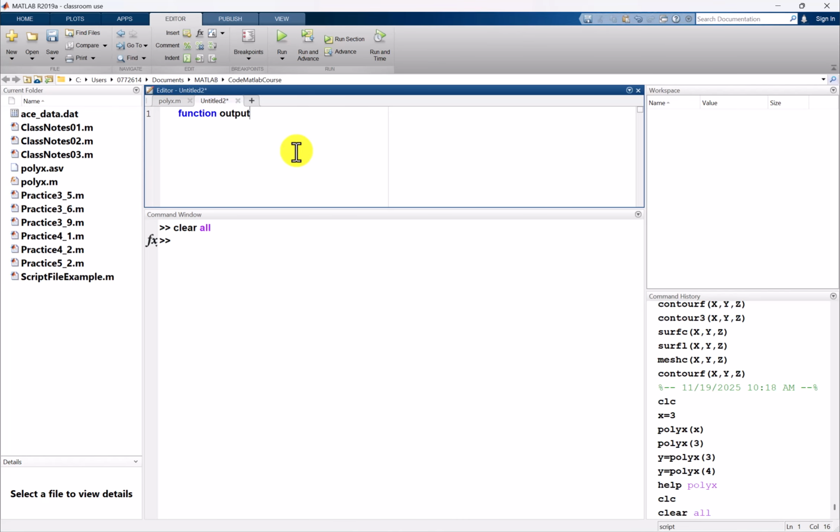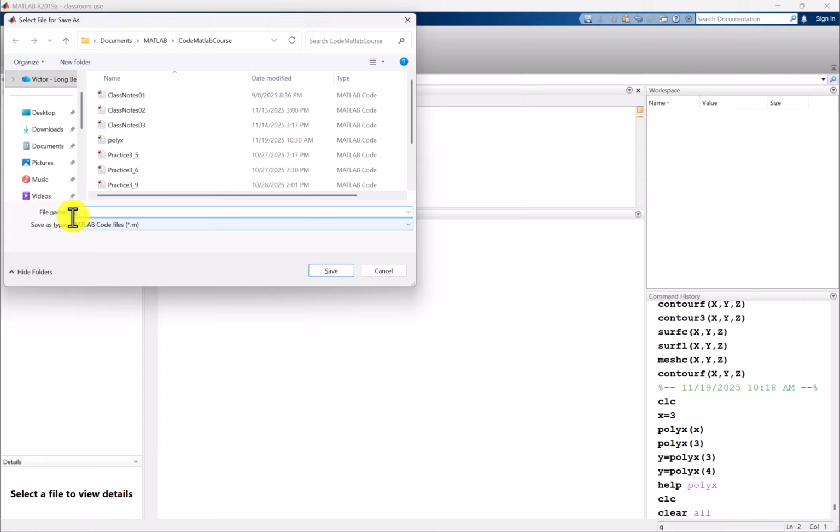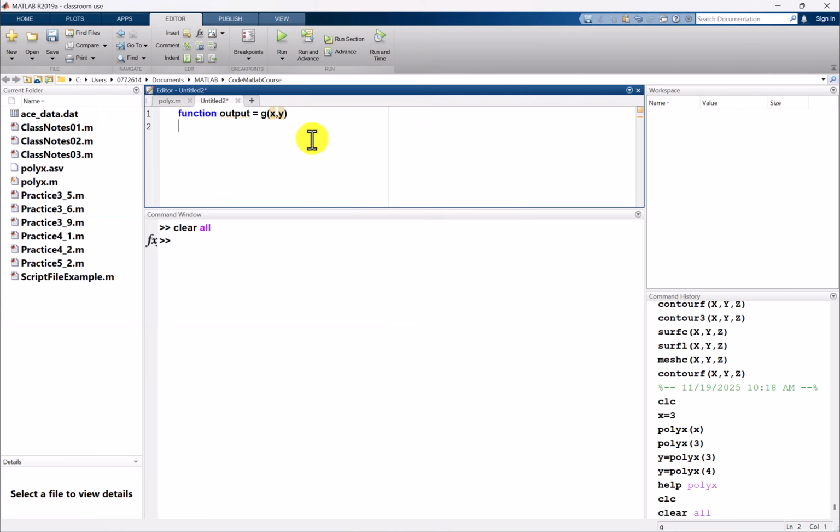I'm going to use the same variable output. I'm going to say that's going to equal to, and then just going to call this function g, and I'm going to have x, y. Again, these naming conventions are arbitrary. You can choose whatever you like. And then I'm going to save this, and then automatically it's going to give me the function name g. Let's go ahead and save that, and you see up here, g's up here, and now it's populated in my